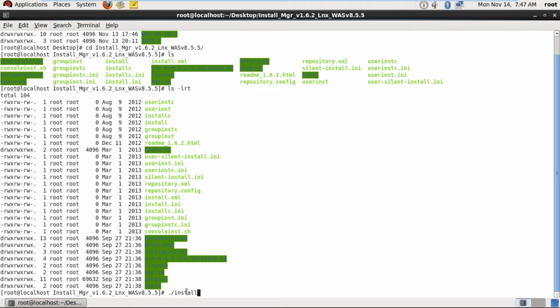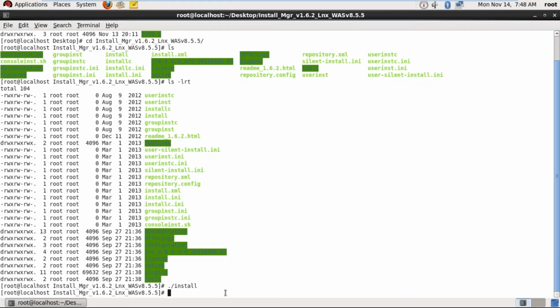Anybody having knowledge of Linux? Yes, this is Vinay, I worked as a Linux administrator. Okay, cool then. So you know this command, the execution of files, right? Yep.